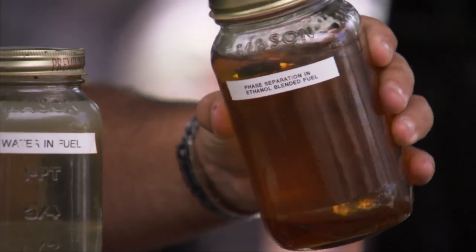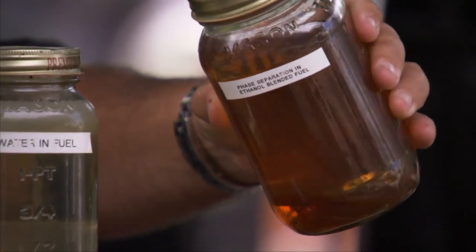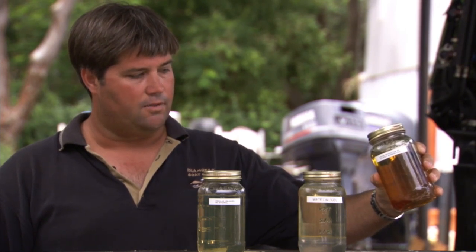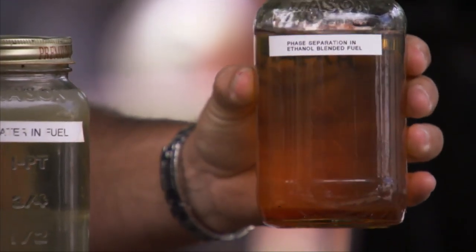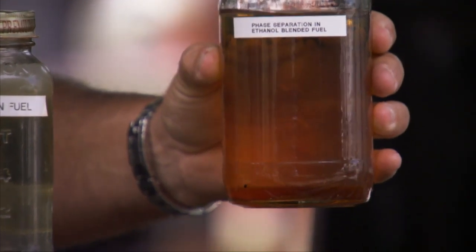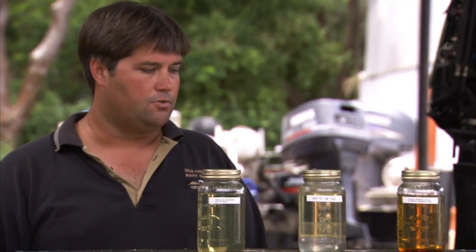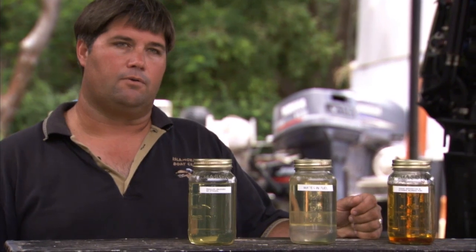This is a sample of the ethanol phase separating from the fuel, and that's consistent with something that sat for a while in the heat down here, and that bottom layer is almost like a gum, and that will clog up injectors, it will clog up carburetors. You know, that leads to a pretty hefty service bill. Typically, a fuel-related service bill in here runs anywhere from $600 to $1,500, depending on whether it's a fuel-injected motor